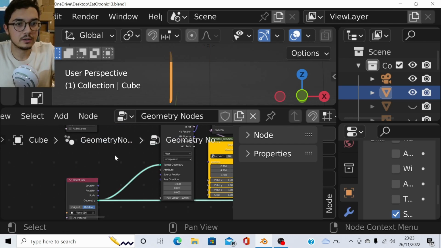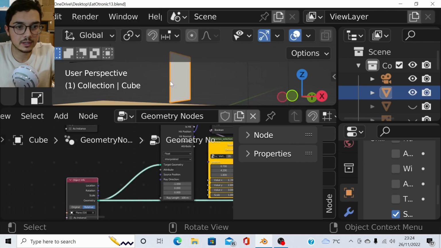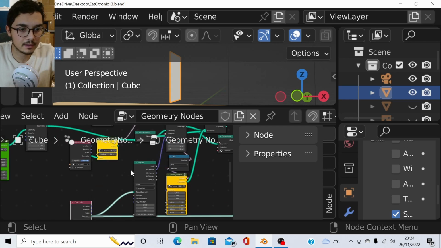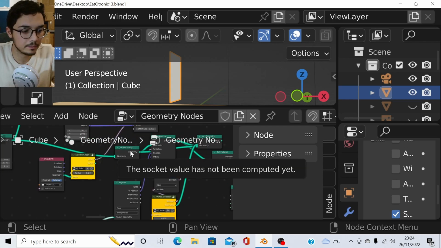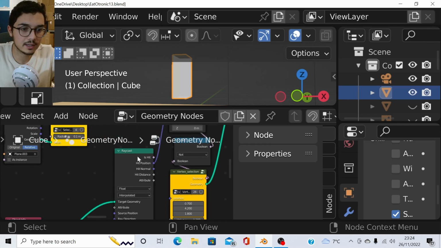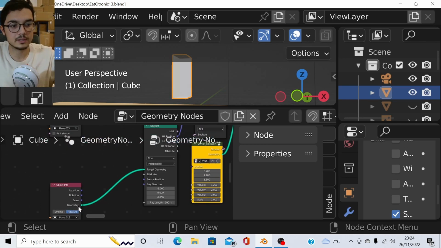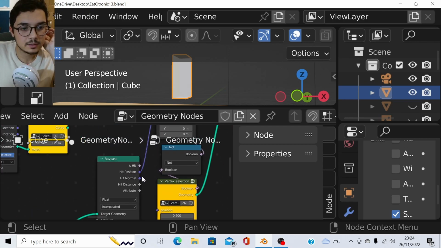So if I go here, I just made the plane here. I just did Shift A, mesh plane, and then I positioned it there. So this is my target, and then I joined my object. I had the plane at the back, and then in the raycast node, with the plane selected as my target,